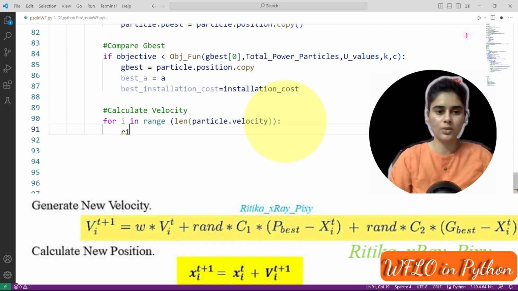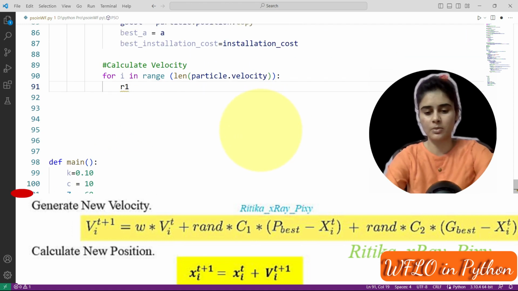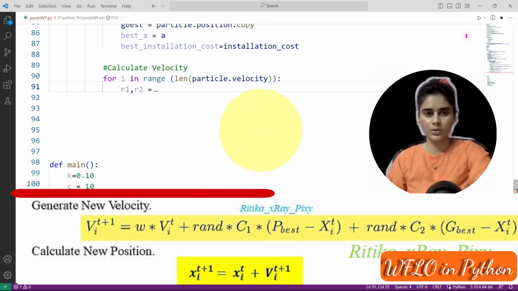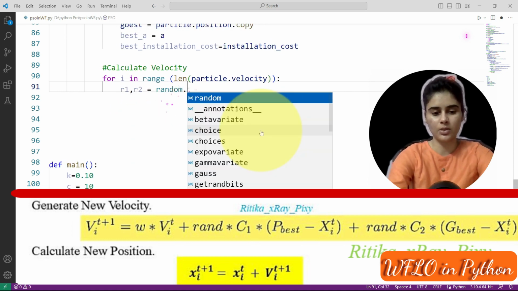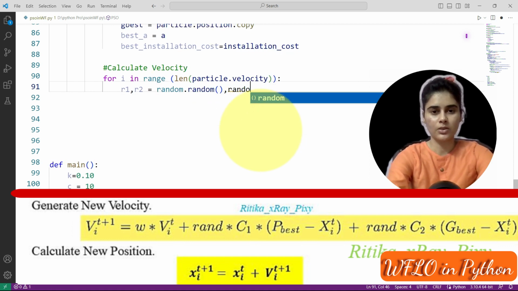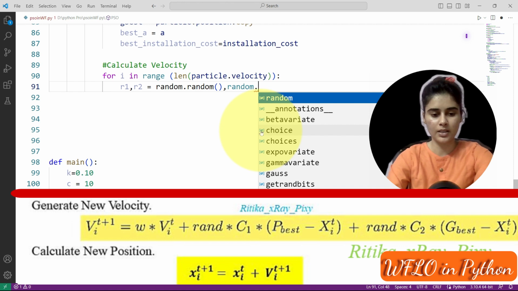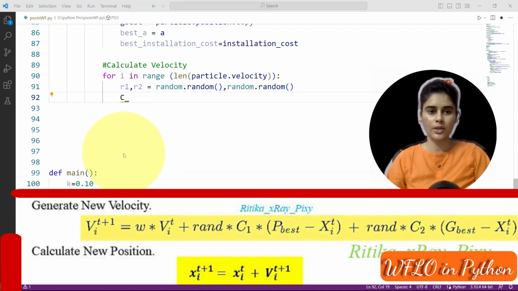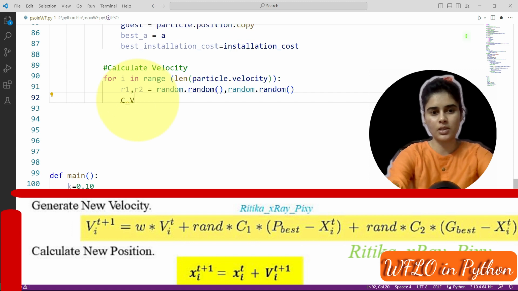You can see the equation. In this equation we have two random numbers r1 and r2. Initialize the two random numbers, that is random dot random. Here we use a library, that is import random. We have cognitive and social velocity.